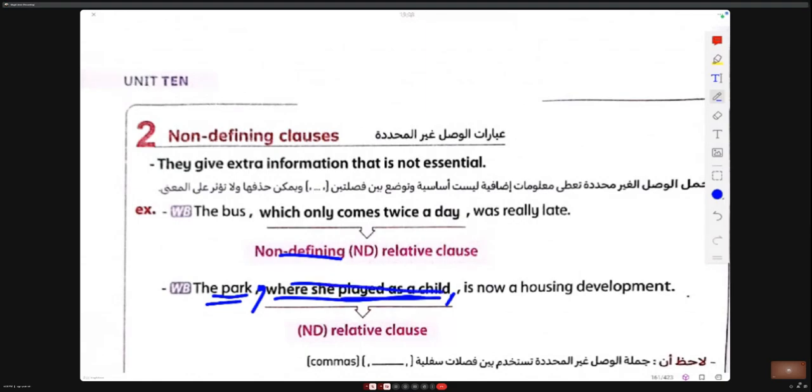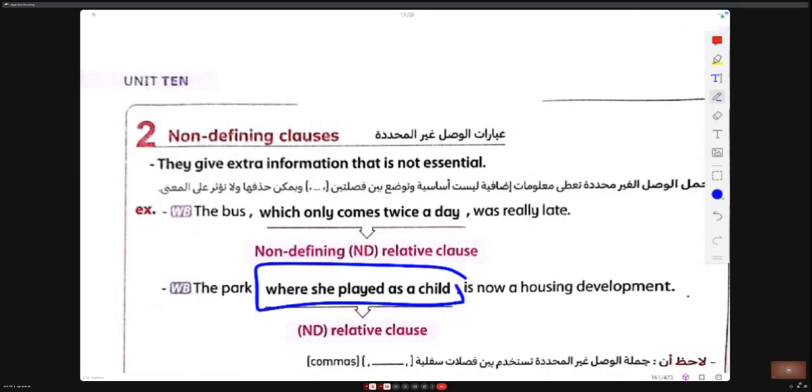If we omit this, the sentence is still correct: the park is now a housing development. What is the park? So we give a non-defining relative clause to explain what kind of park it is.